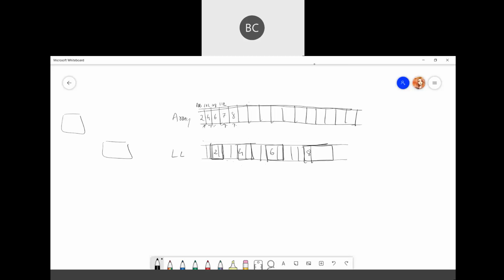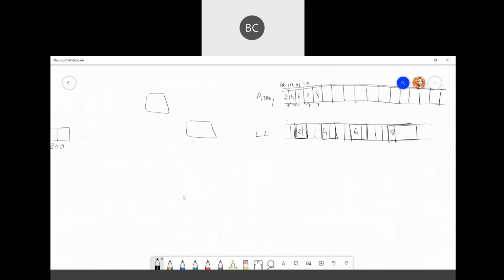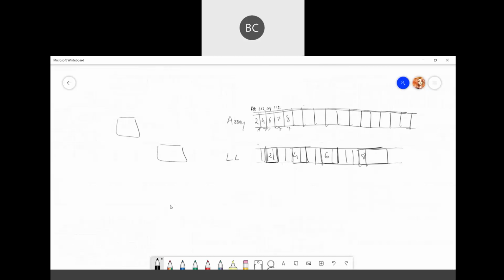Therefore, we have the address part. From the address only, we can go to the next node. So without accessing, like in an array, you can just give the index. We always access with the help of an index, right? If you do index 3, the third element will come out.